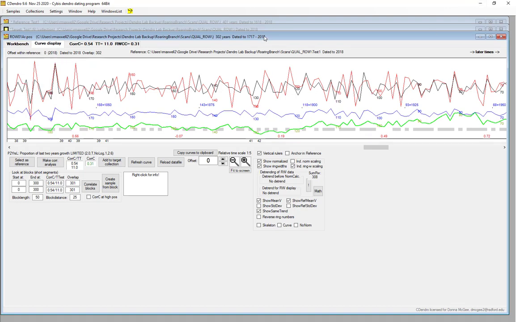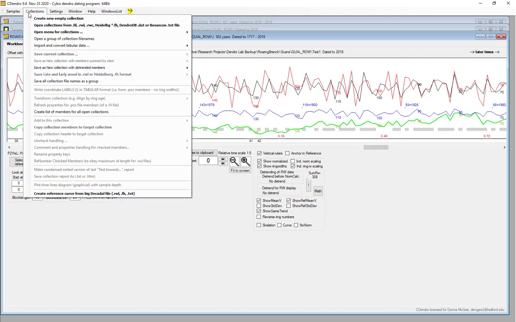So there's a lot to be uncovered and discovered in the CDendro program, as well as how the companion Coo Recorder works. I just wanted to show you a few options today with that, because some of this you might use purely for organizing and exporting and creating metadata for your collection. Other people will use this for a lot of their cross-dating. And so in a future video, maybe I'll show you how to use some of these techniques for cross-dating in here.